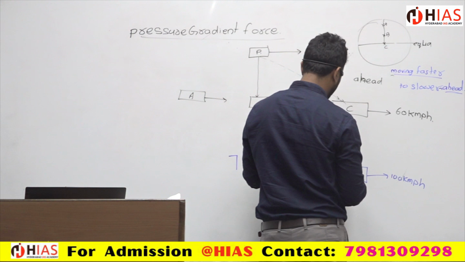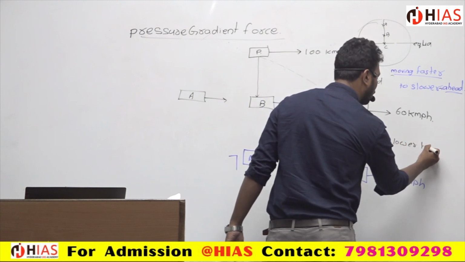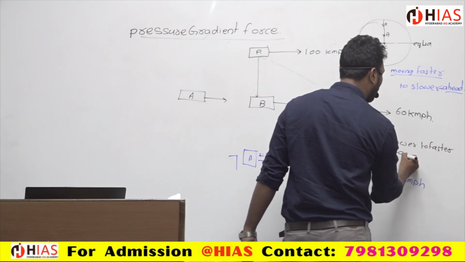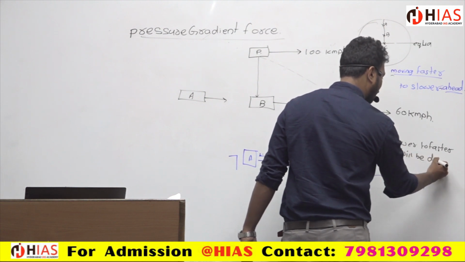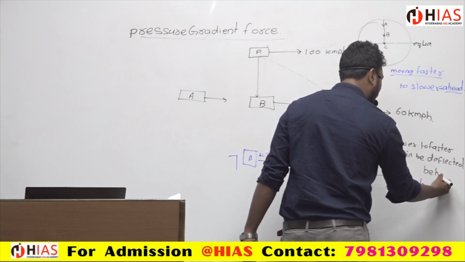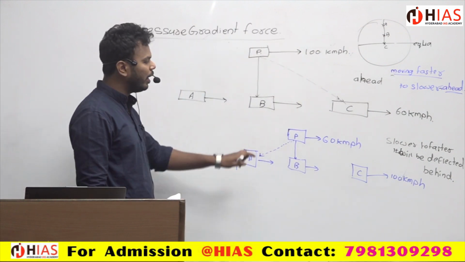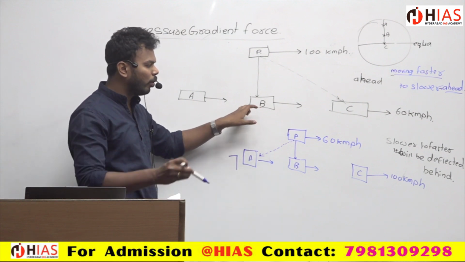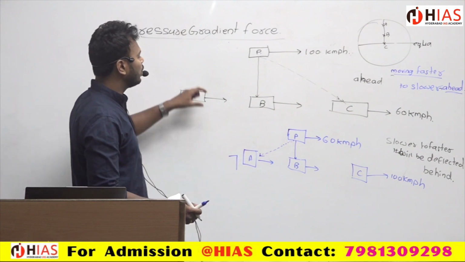So anything which is moving from slower to faster will always be deflected behind. You will learn this one by one; you may not understand it right now. It will always be deflecting behind. So keep these things in mind. These are the principles I want to explain, the mechanism that happens when we draw the same thing with regard to the globe. Okay, so this is the first thing.